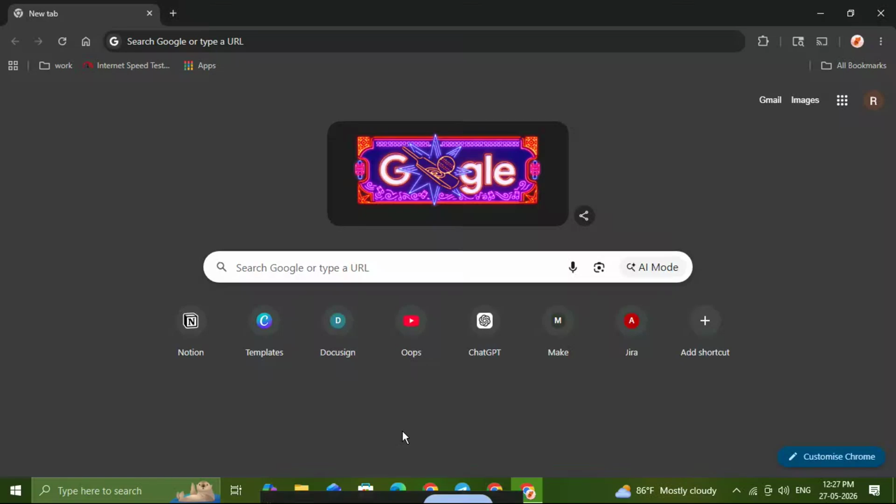In this video, I'm going to show you how to do a safety check on Google Chrome step by step so you can quickly review your password safety, extension risks, safe browsing status, and browser updates. This is one of the easiest ways to make sure Chrome is running securely and that your browsing experience is